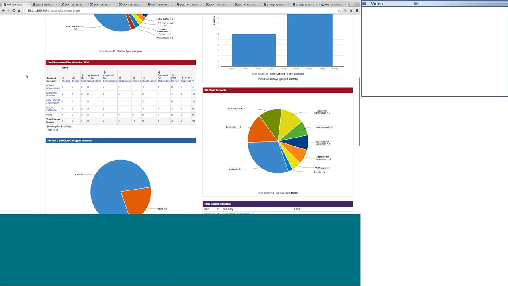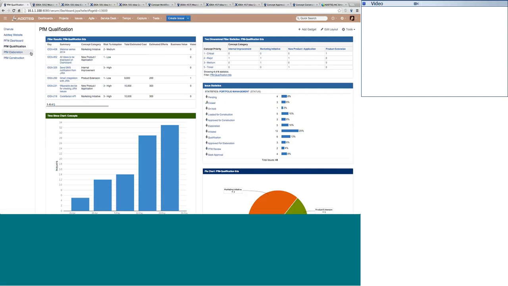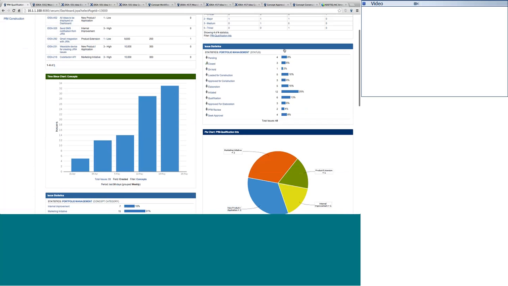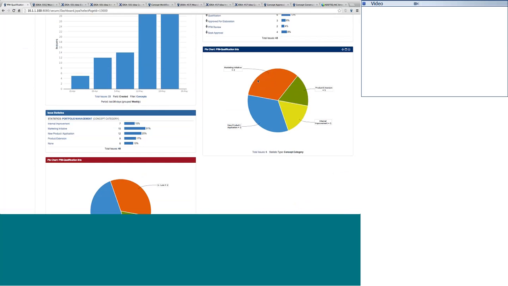Let's say that we have a PSM qualification dashboard, which clearly shows that all the ideas that are in qualification stages can be categorized based on the concept category and priority, or they can tell you the status, how many of them are pending, or how many are loaded for construction, just to give an overview, or all the qualification tickets